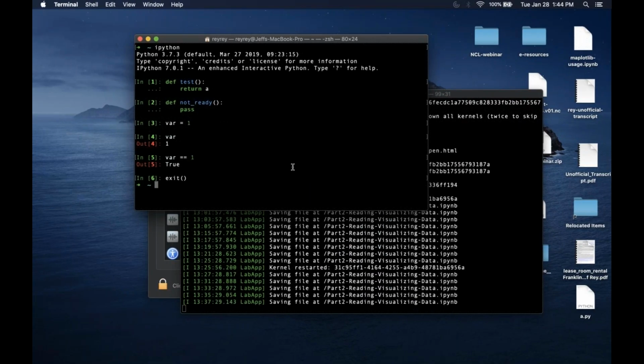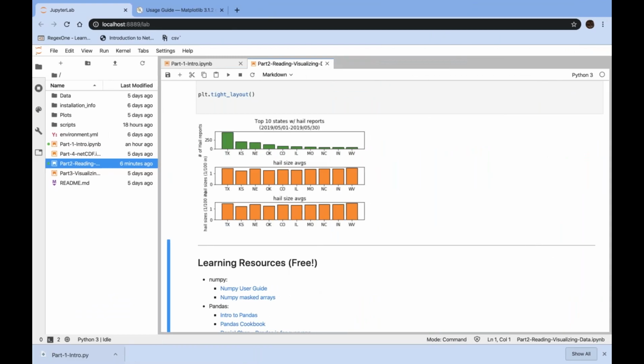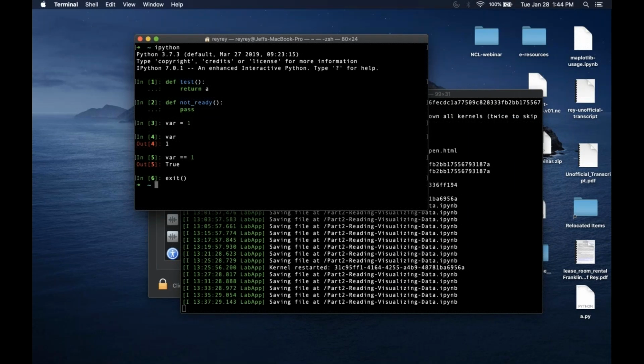No, you just need to have Python. Like today I asked everybody to have Anaconda installed, but if you're not going to be doing any kind of scientific programming, or if you're just going to be running Python scripts,